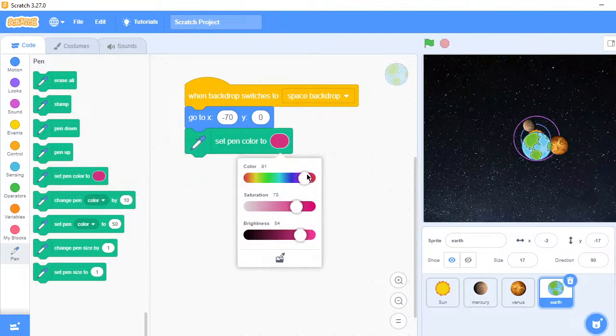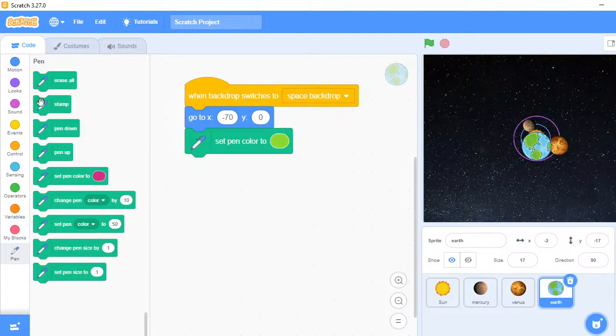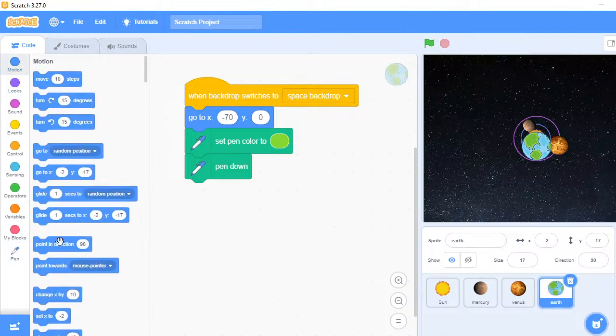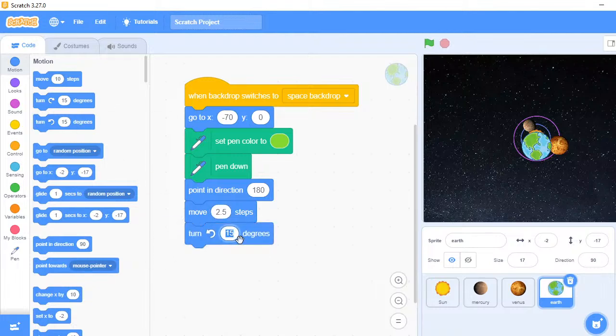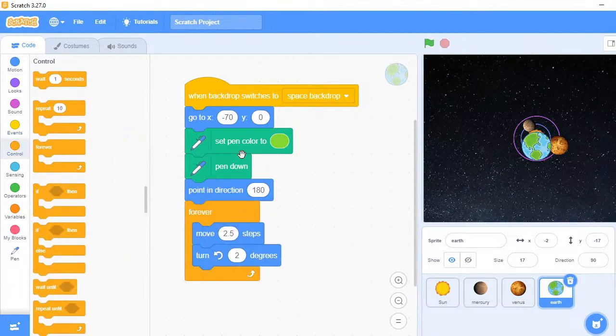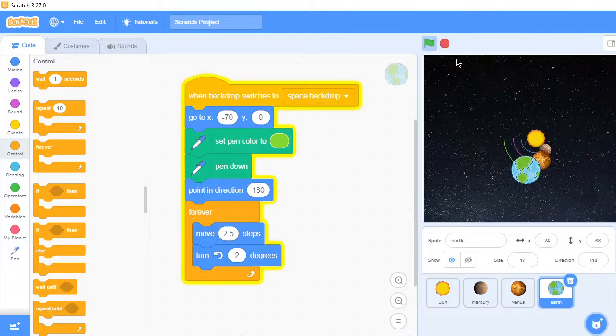That is in green color, blue color, sorry, green color. And down, another block is point in direction 180 degrees, and move 2.5 steps and turn, should be, I think, 2 degrees, and lastly we have to add forever. So I think it looks very pretty,